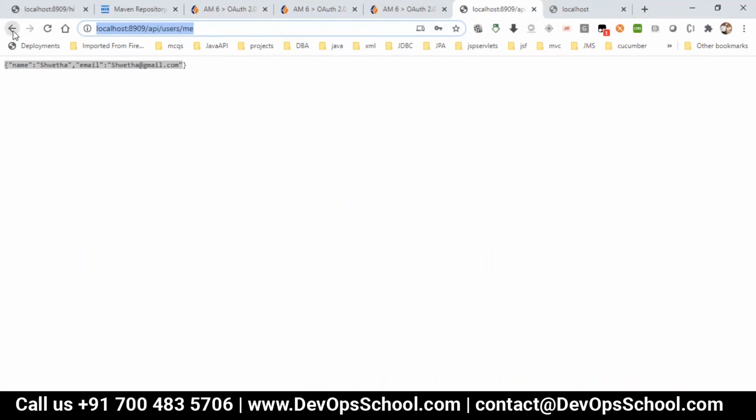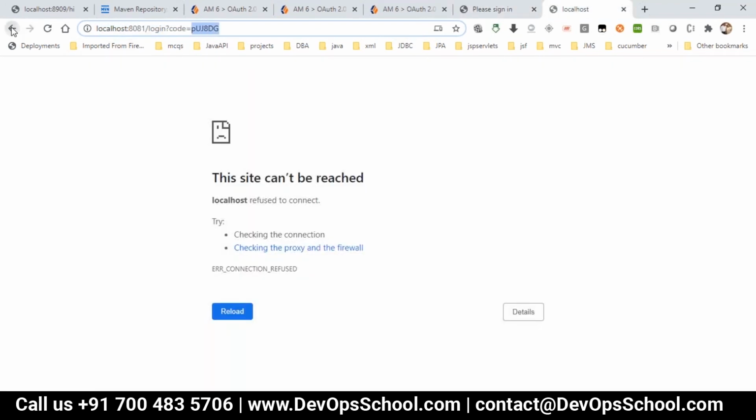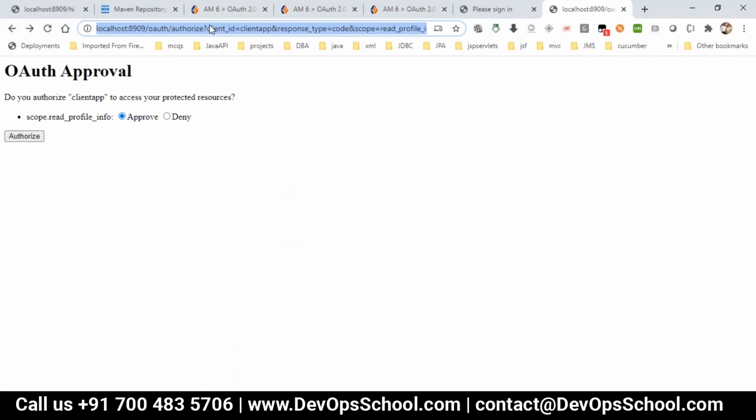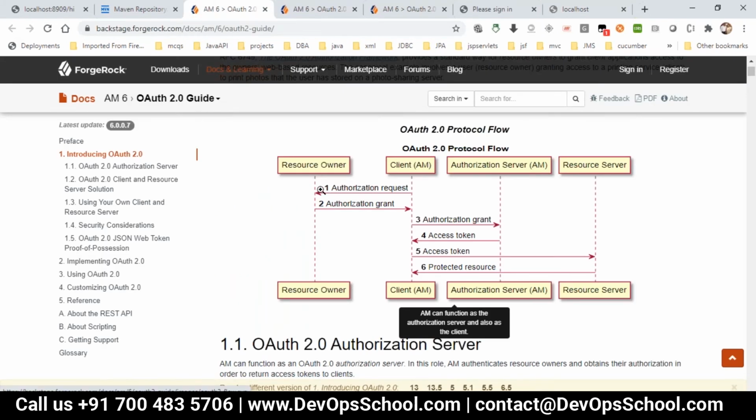So what is this request here? This is what I'm sending from my client. If the client is sending a request to this, whenever it is approved, I will get one access authorization token. Okay. So this is a grant type. This access grant from the resource owner, we have to send it to the client. Again, the client will send that token in a request to the authorization server to get the access token.